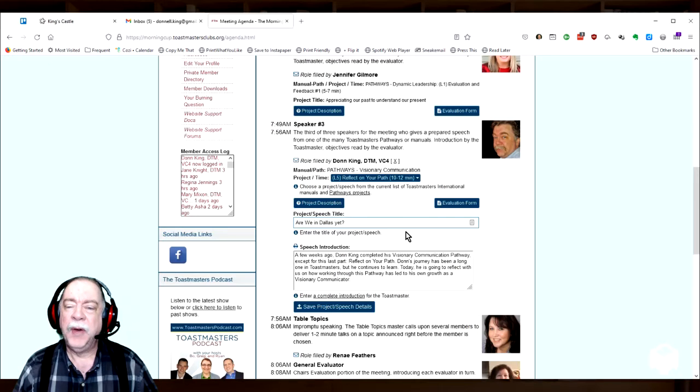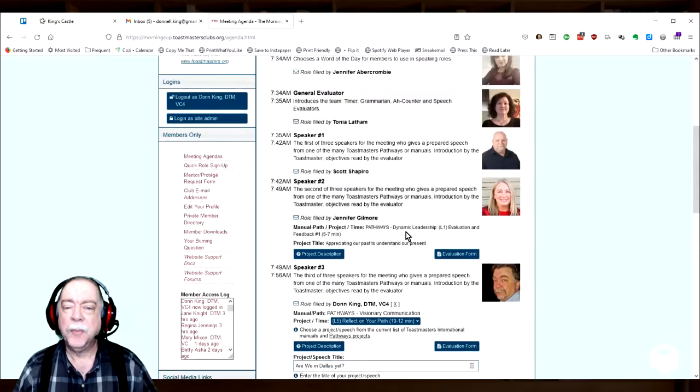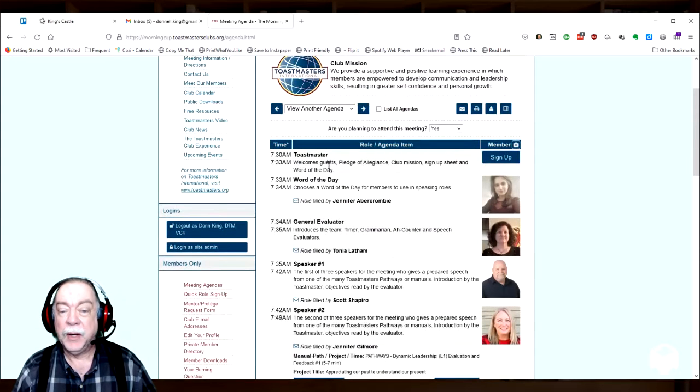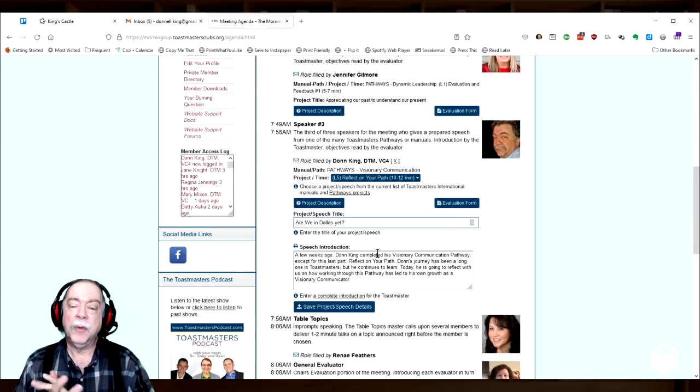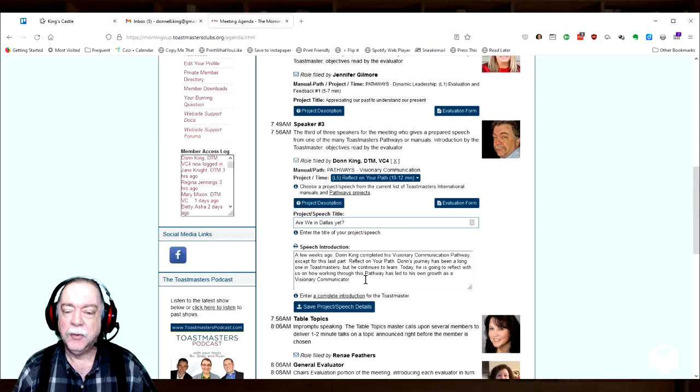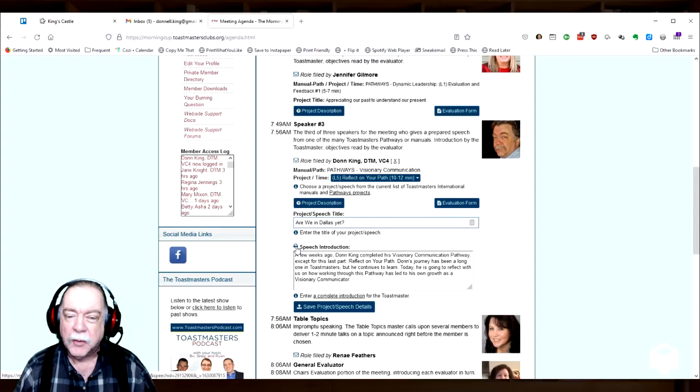That is now available to the Toastmaster of the meeting. Now, right now, there's not a Toastmaster signed up, so I don't even know who that's going to be yet. But when the Toastmaster signs up, he or she will have instant access to this. Either one of us can click on this little tiny printer icon. Can you see that right in there?